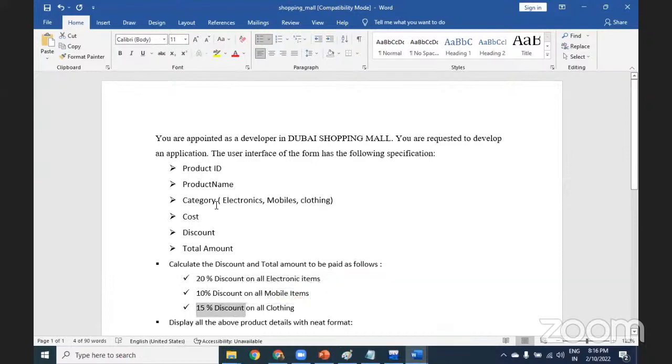So before entering the item, if that product belongs to electronics, your discount should be 20%. If the product belongs to mobile, the discount should be 10% only. If your category item is clothing, then you'll get 15%. This is a very good example. While you are purchasing items in any mall, either super bazaars or big bazaar or some kind of marts, wherever you purchase the items,